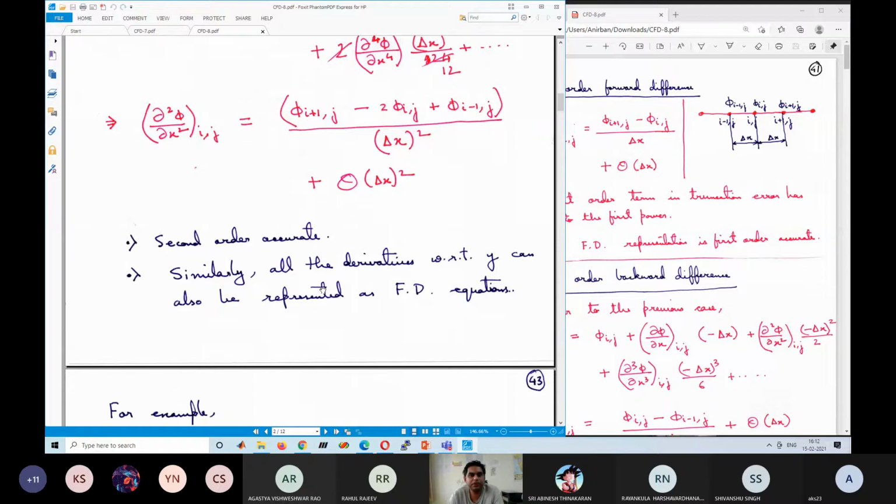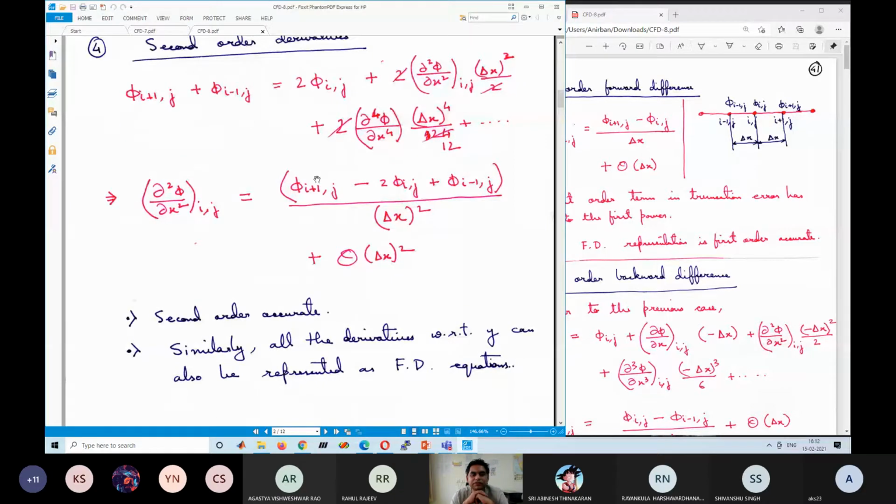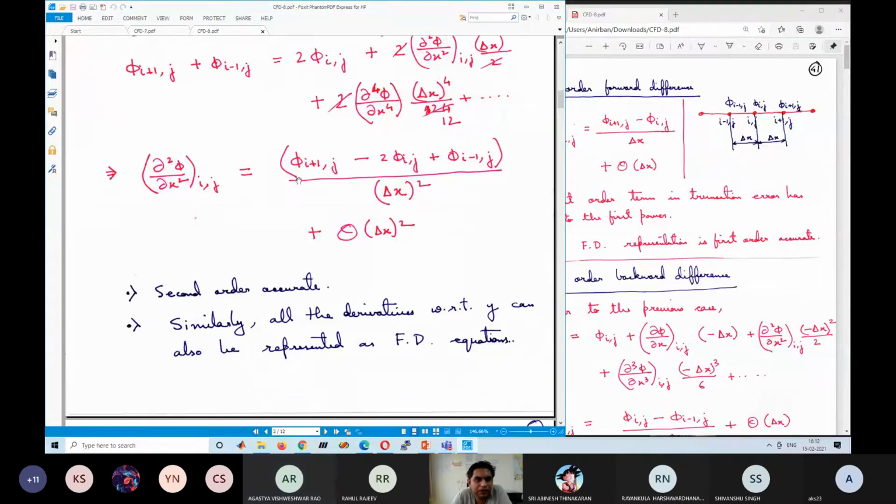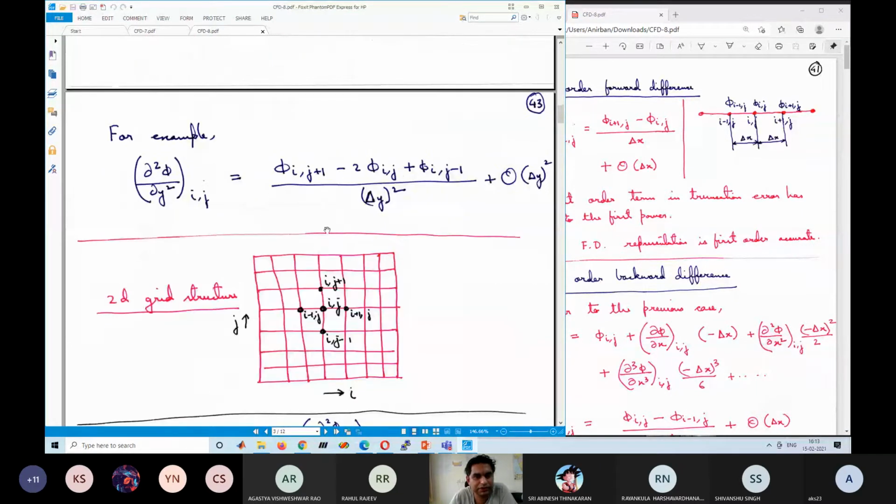Using a similar technique, you can find all the derivatives with respect to the y direction. What is going to change in this equation if we want to find the derivatives with respect to y? How will I replace j? We can replace it by j plus 1 and j minus 1. Correct. Good. So i will remain as i, but it will be j plus 1, j and j minus 1. And this delta x will become delta y, because the distance between grid points in the y direction can be different. I will show you an example also.